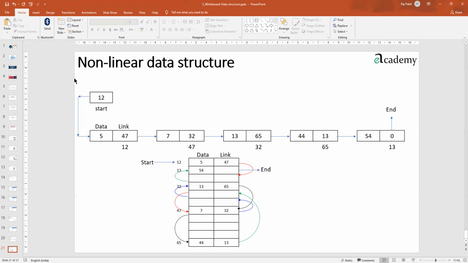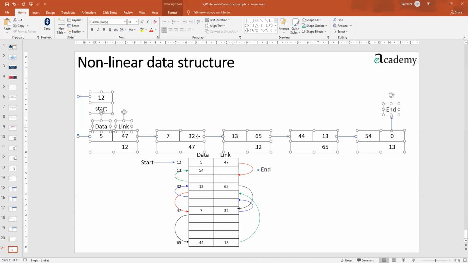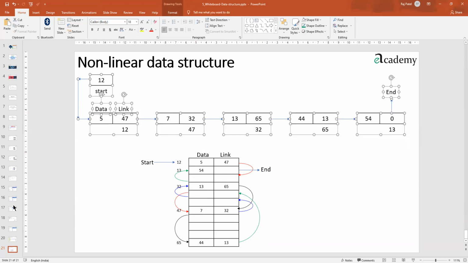Okay, so what happens is this particular methodology of linking has made the array possible. Is it not an array? It is an array. Is it not following sequential logic? This is also following sequential logic. But are these numbers really stored in a sequence? No. Only the storage is not in sequence. But is the functionality happening in sequence or not? So the answer is yes. All the functionalities are happening in sequence. That's why it is a linear data structure only, but not a linear look and form. That's why the name is non-linear, but without the breakage of our requirement.